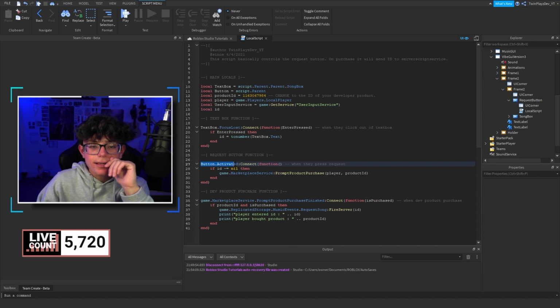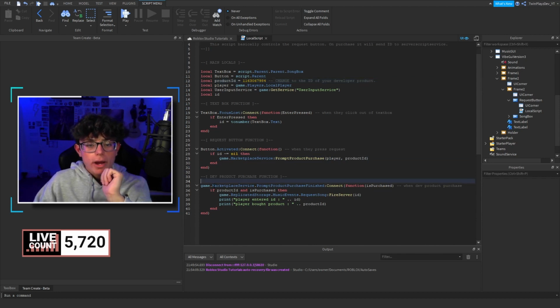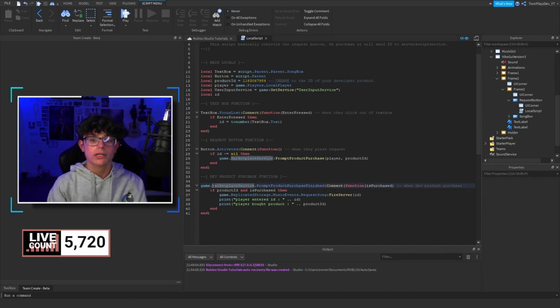And then right here on button activated, if ID is not nil and it's good, so if it's working, then we're gonna prompt purchase, and we're gonna do player and product ID. Now this is where we fire that part where we ask them to buy it. So player, we grab the player, which is up here, is game.localPlayer, product ID, which is that product ID that you put in. Now down here, we're doing it where game.marketplace product